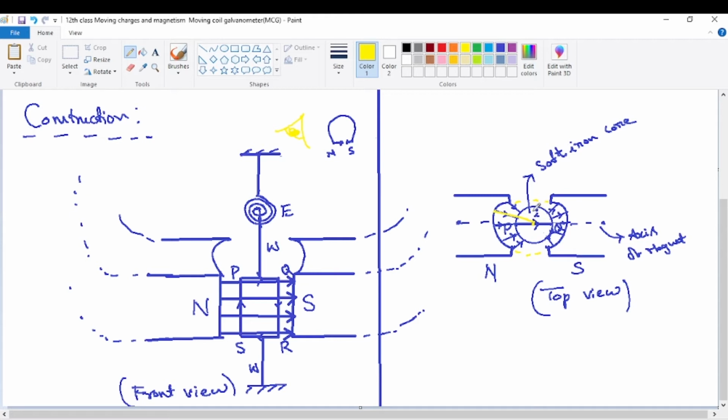Now just see here. The important thing is how the coil will look from the top. The surfaces clearly form an exact circular cross section of the imaginary hollow cylinder, of which the two concave north and south poles form a part. Now how does the coil look when seen from the top? From the front view, as we see the coil from the front of the screen, we can see the full rectangle: the length PS, the breadth PQ, everything is clear. But from the top, we can see only the breadth PQ. It looks just like a straight line.